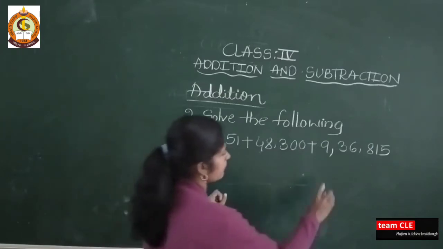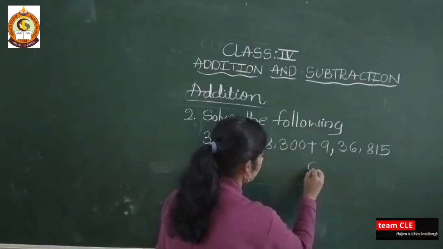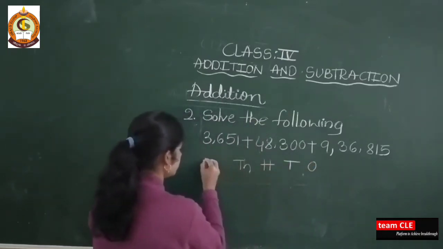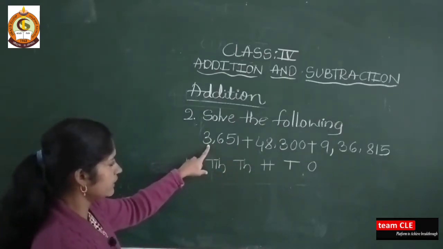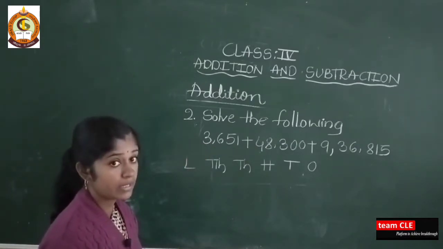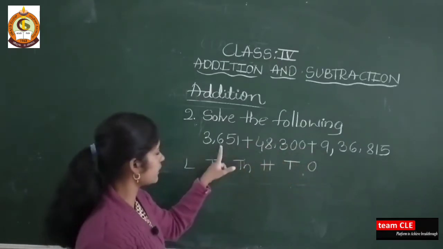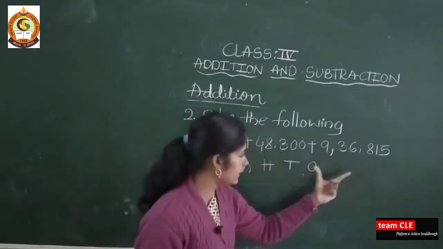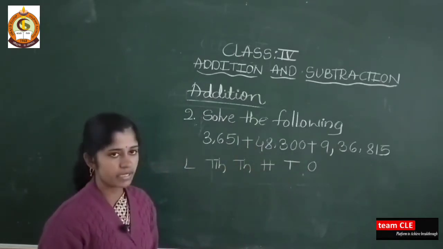So the highest place value contains this digit: ones, tens, hundreds, thousands, ten thousands, lakh. So write here ones, tens, hundreds, thousands, ten thousands and lakh. Okay, so first you have to write this number. Addition means not only adding 2 numbers, you can add 3 or 4 or 5 numbers also. So here 3 numbers are there. Arrange these numbers in the place value chart. They have given them horizontally, and you have to arrange them vertically.